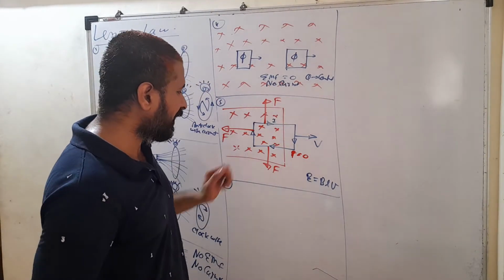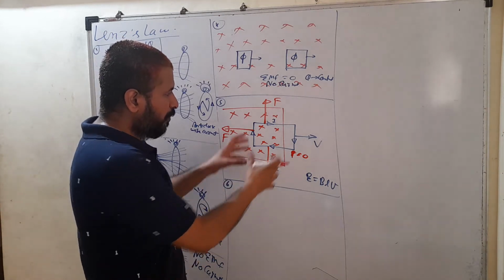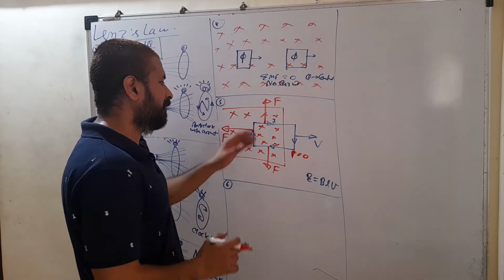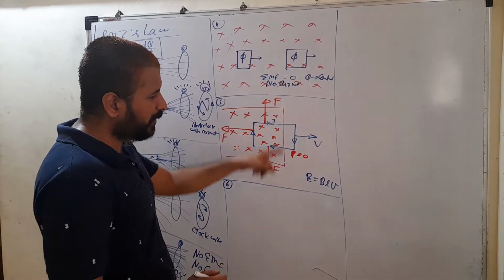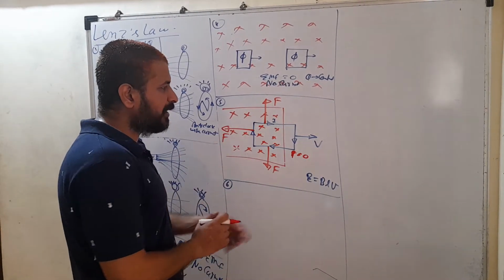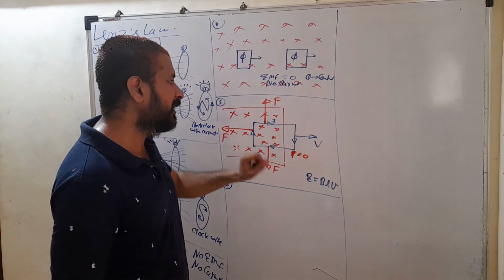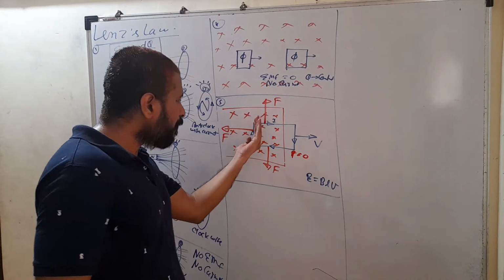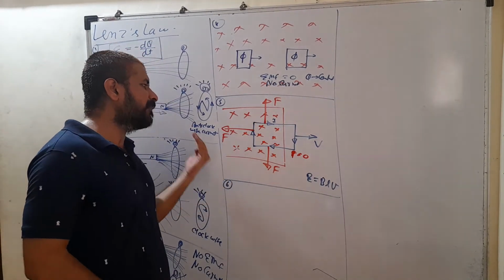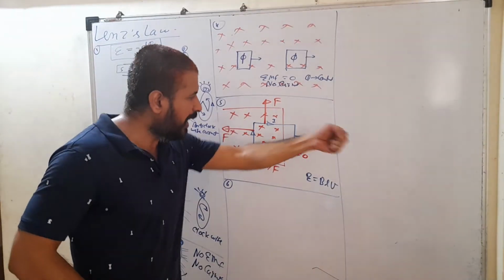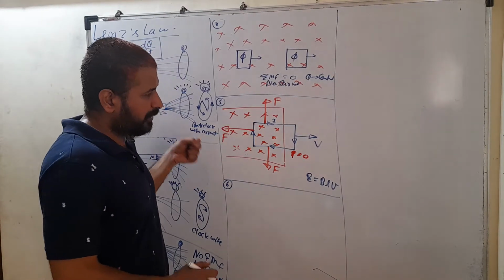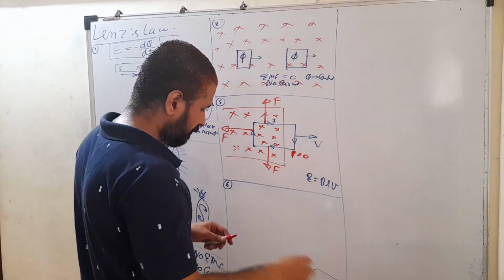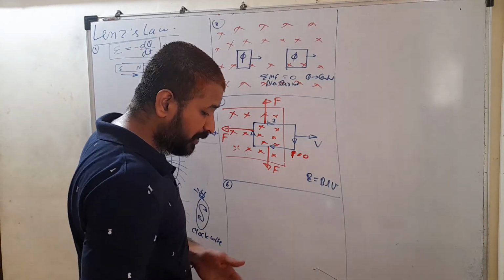So these two forces are cancelled. So what is the net force acting on this frame? In which direction is the net force acting on this frame? Towards left, because these two are already cancelled. This force is acting towards left, and on this side no force is acting. That means if you are trying to pull this frame outside the magnetic field, a force is developed in the opposite direction. हम इसको बाहर ले जा रहे हैं, so the force which is developed is trying to push that frame in inward direction. Clear? That's why it is opposing the change in flux.